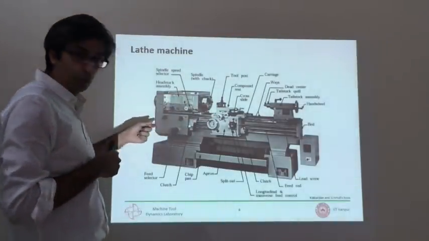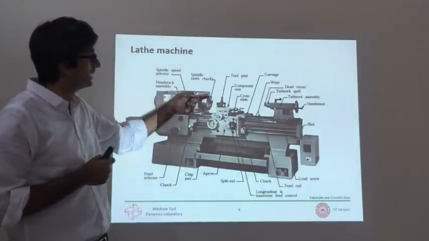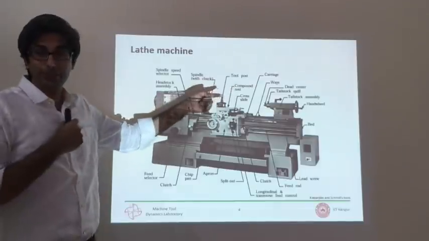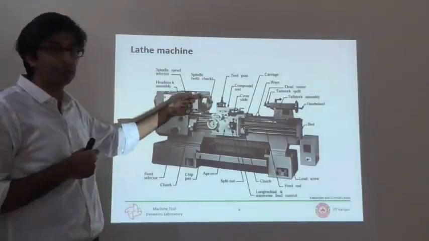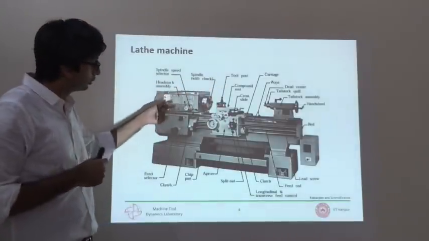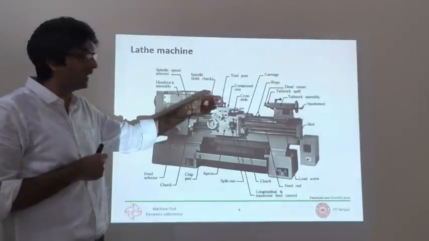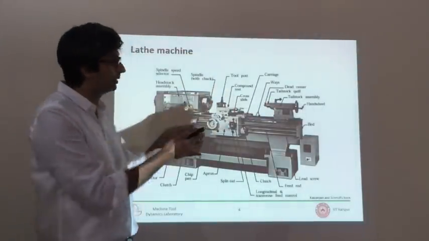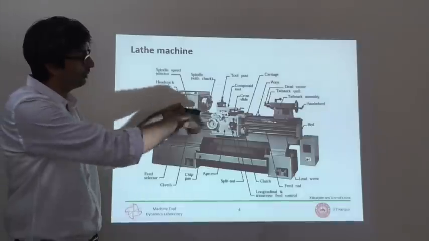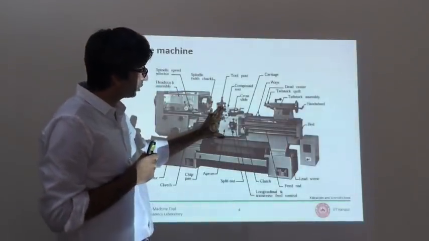So one motion that is possible for us is along the axis of the workpiece. So this is the axis of the workpiece. In machine tool nomenclature, the axis of the workpiece is called the Z-axis, along the spindle. So there is one motion possible for this cross slide and the tool mounted on it, along the Z-axis. If this is my workpiece, I can move my tool in relation to that. That is what is possible with this cross slide.